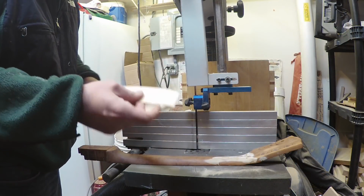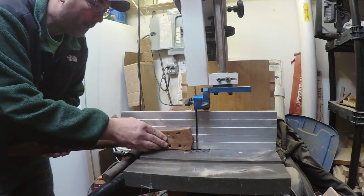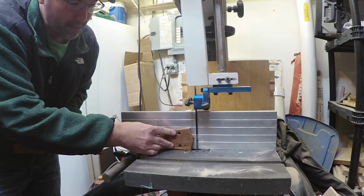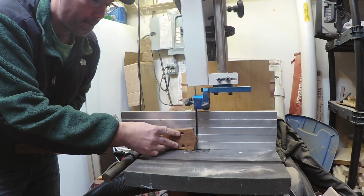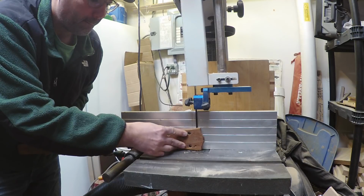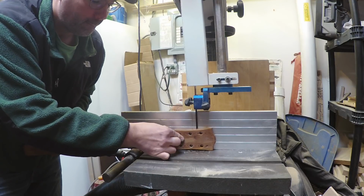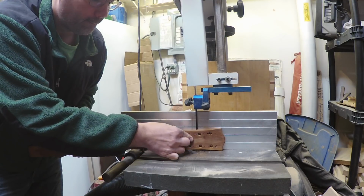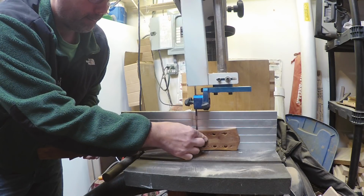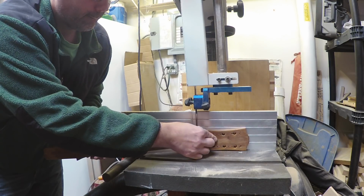So we're gonna use my Laguna bandsaw and a very skinny 1/4-inch blade. Tried to find the skinniest blade I could find. I'm gonna saw off the face of the headstock. This was terrifying because I thought I would hit the truss rod. I pushed the truss rod back as far as I could into the neck and just went slow, and I cut off a real small piece, about a 30-second slice,